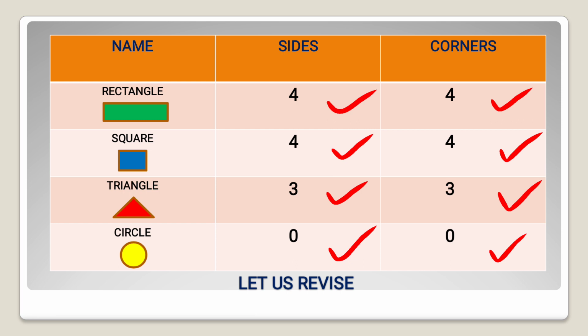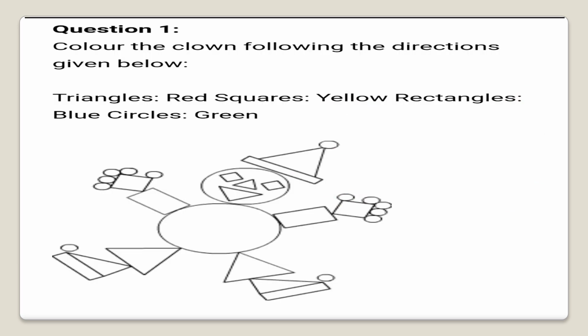Let me tell you one fun fact. So, students, do you know a square is also a rectangle as the opposite sides are equal. In a square, you can see that all the sides are equal and the opposite sides are also equal. So does a rectangle. But a rectangle is not a square. Why? Can you tell? Yes, because in rectangle all 4 sides are not equal, but in a square all 4 sides are equal. That's why a rectangle is not a square.